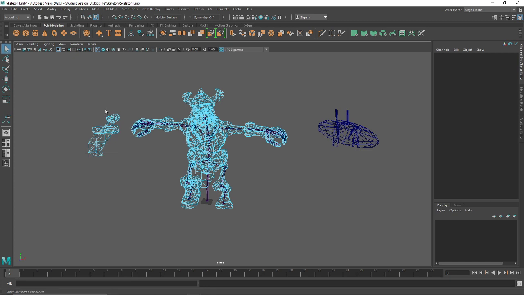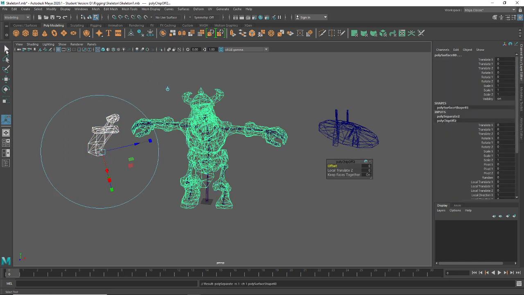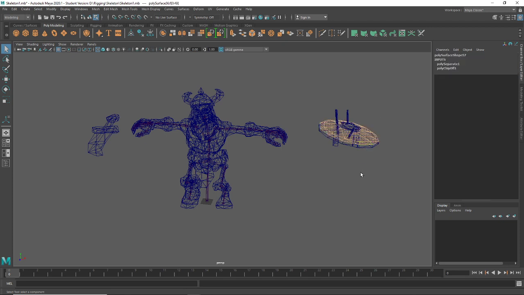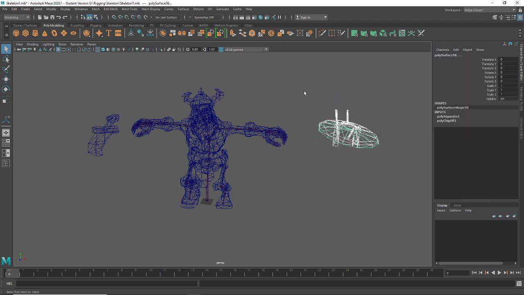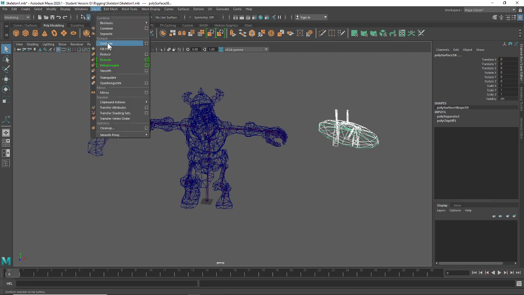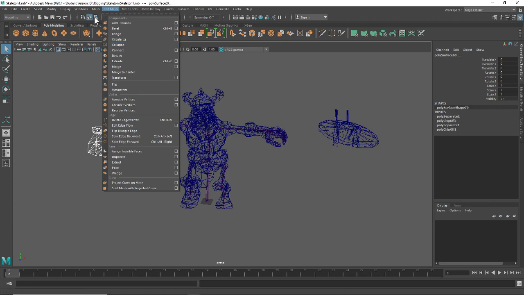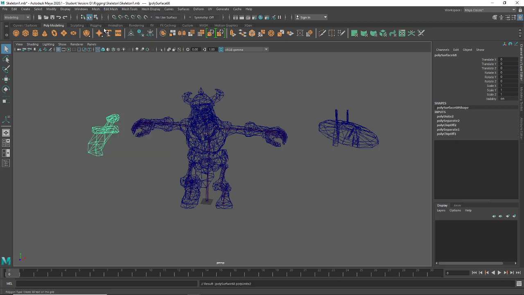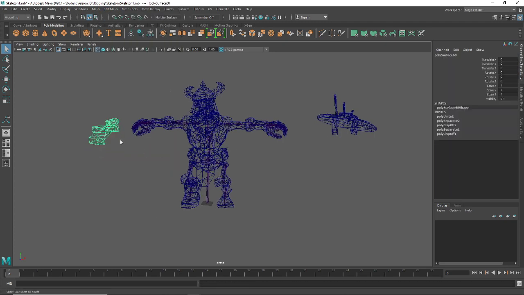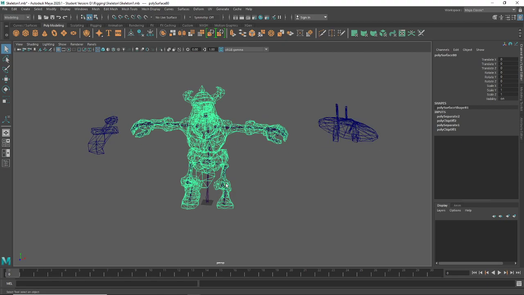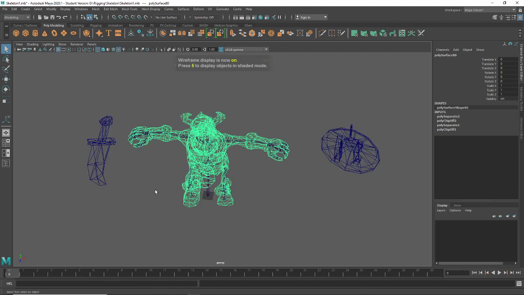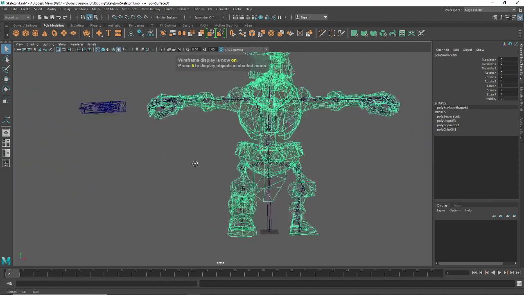And we will select separate. And let's say we'll select this whole shield, mesh, combine, and select the sword, mesh, combine. Now the sword and the shield are separate from the skeleton. Tap 6 there to see the,